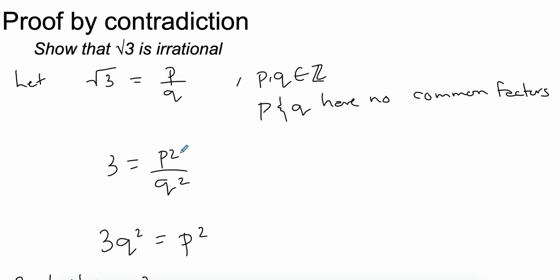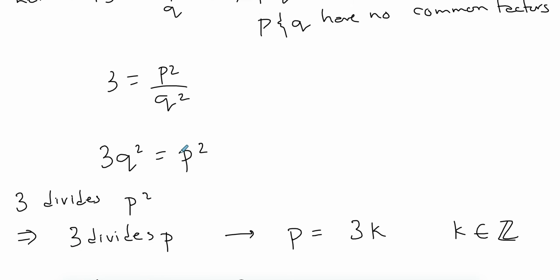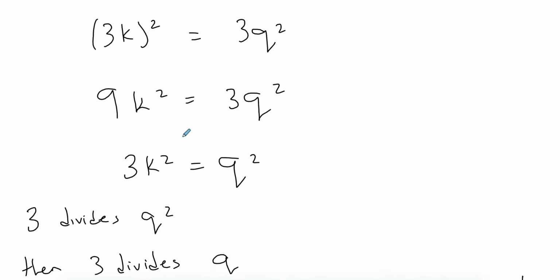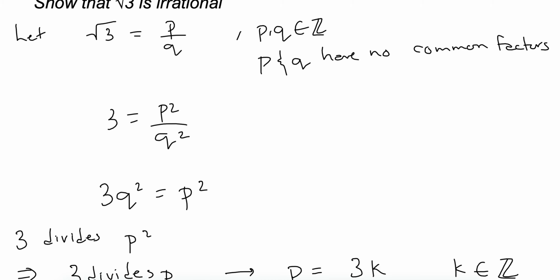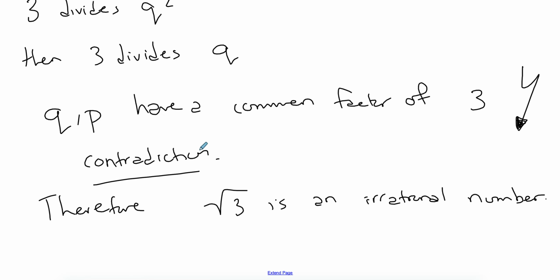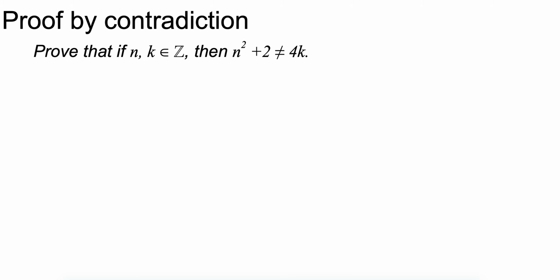We want to prove that it's irrational, so we try and prove that it's rational, get stuck, and therefore it's irrational. So this is where the contradiction came in, and everything was correct algebraically. Even this statement is correct algebraically. The only assumption we've made is the beginning, which means our beginning is incorrect, and therefore square root of 3 is an irrational number. So doing something similar for this, we have n squared plus 2 not equals to 4k,